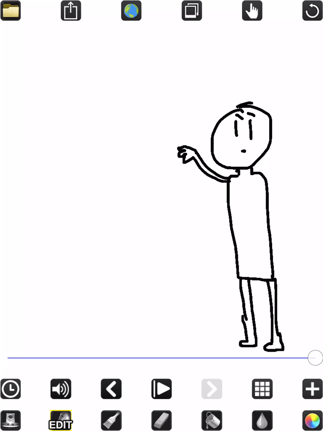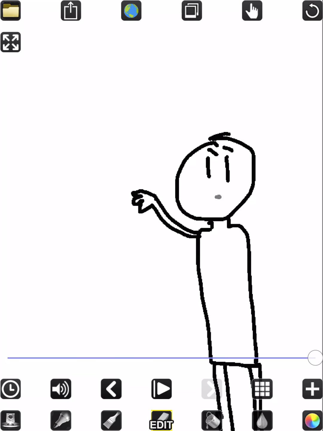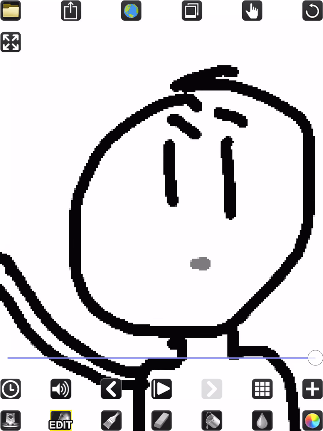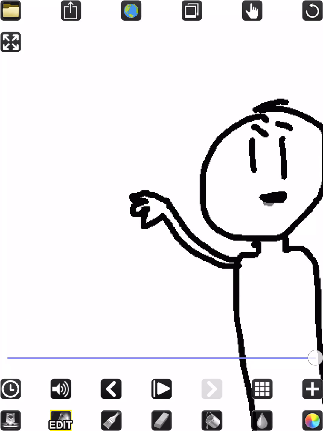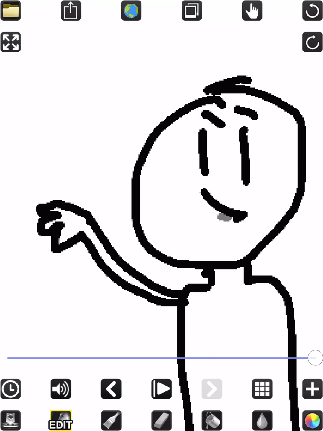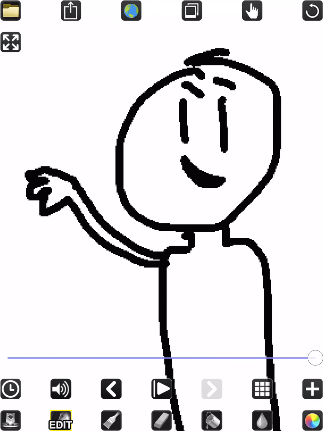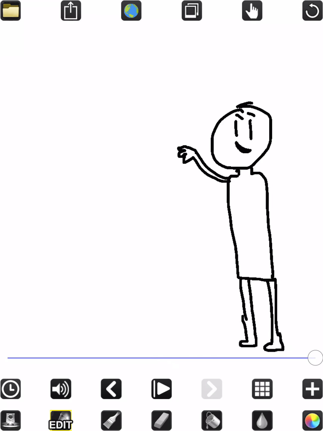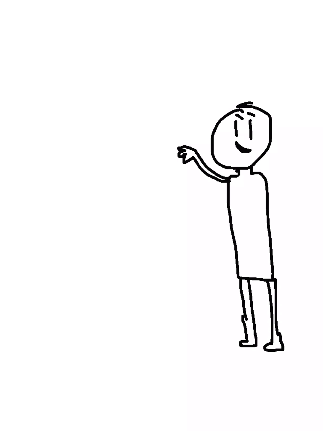So then I just move to the next frame, and then I just have a brush, which I'm gonna take smaller. I just take out the mouth. And then I draw my mouth. I don't need that mouth. So I'm just gonna go that kind of mouth. That fits. That fits it perfectly. That fits great. Beautiful, beautiful masterpiece. Okay, so next on this video